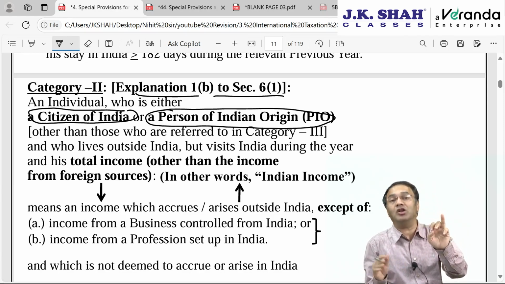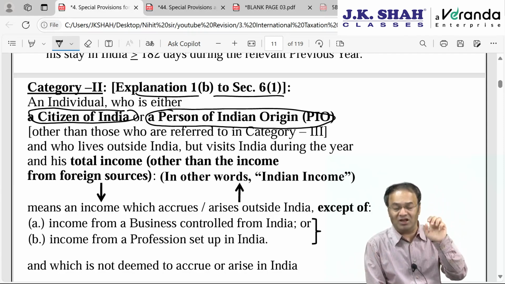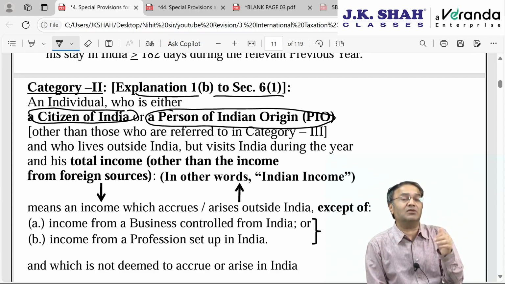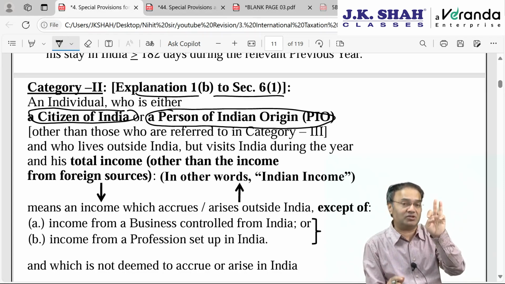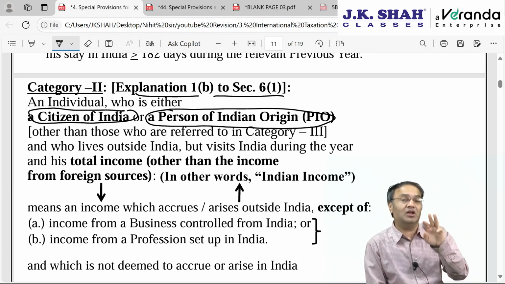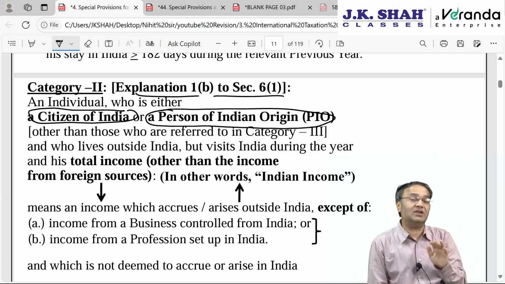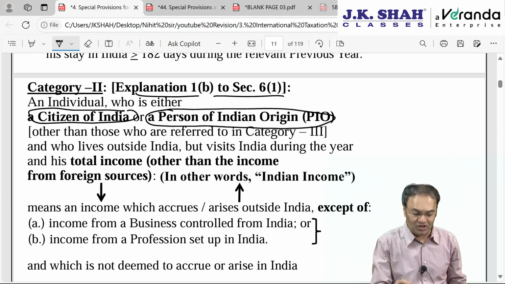parents were born in undivided India, or any of his grandparents were born in undivided India. Undivided India would mean India, Pakistan, Bangladesh, all three before partition. After partition, only India. Which people should have been born and brought up in India or born in India? Either that person himself or any of his parents or any of his grandparents. Grandparents will include maternal as well as paternal, both the types of grandparents, but other than those who are covered